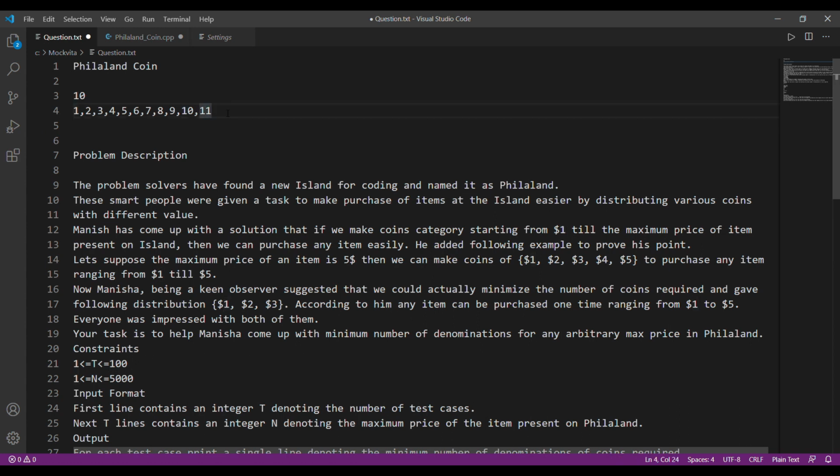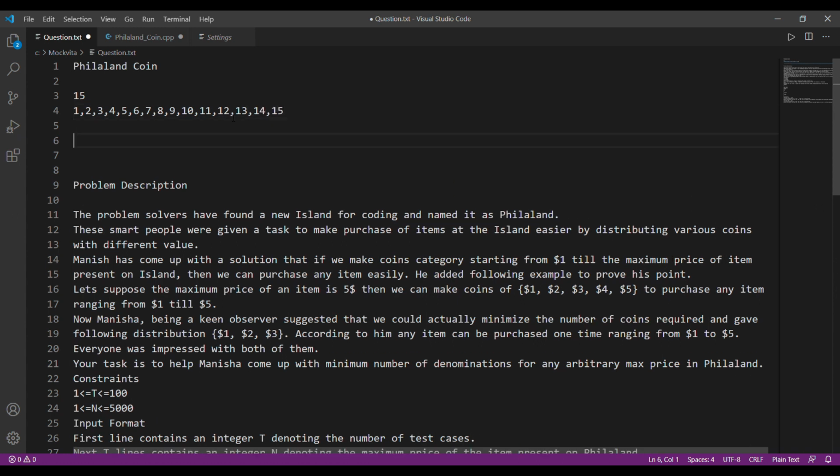Now, a normal student, if you were asked 50, then you will think of 11, 12, 13, 14, up to 50. Then you will be forced to think like this. You'll think that suppose 1, 2, 3, 4 and 5, with the help of this the sum is almost equal to 15. So this is the minimum number of denominations that are required, and you'll think that the answer for 15 would be 5. But that's where we are wrong. The answer for 15 is actually 4. How? Instead of using this sequential series sum, what we were supposed to use was binary numbers.